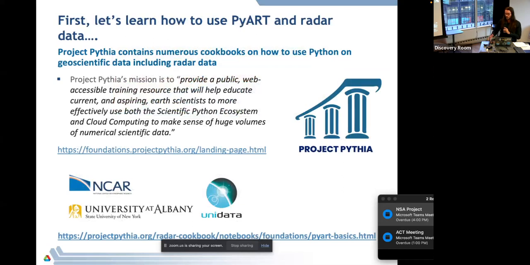So first, I'm actually going to give a little bit of an introduction to PyART before I go to PyDDA. This is available through an NCAR Unidata and University at Albany led project called Project Pythia, where their mission is to provide accessible training resources for anybody wanting to use Earth science with the scientific Python ecosystem and to make sense of the huge volumes of data. So if we go here and click on the radar cookbook,